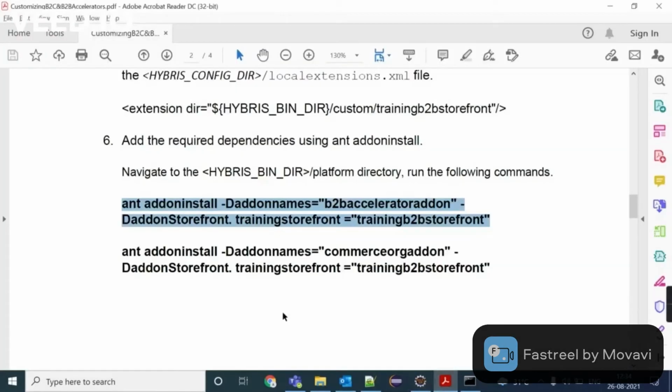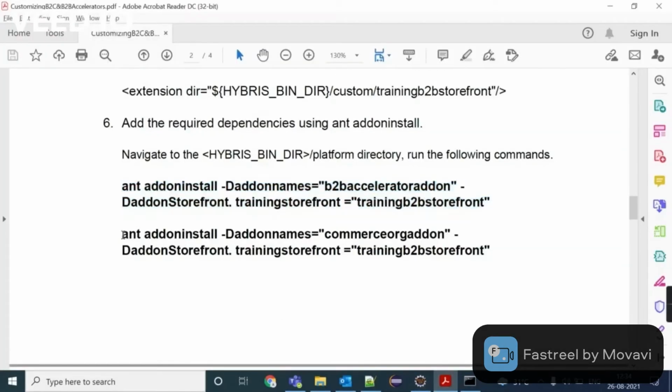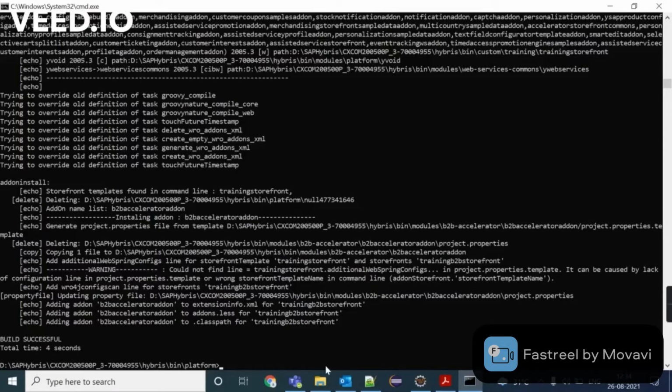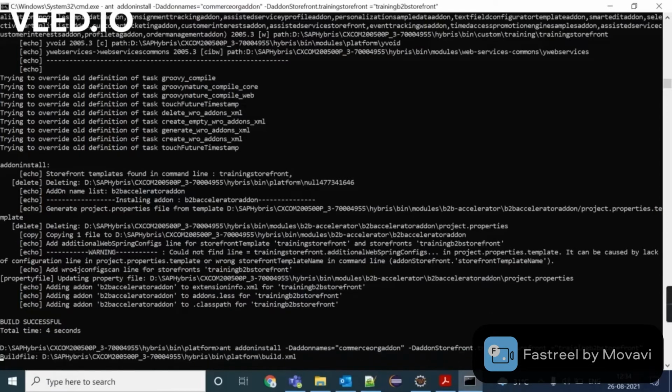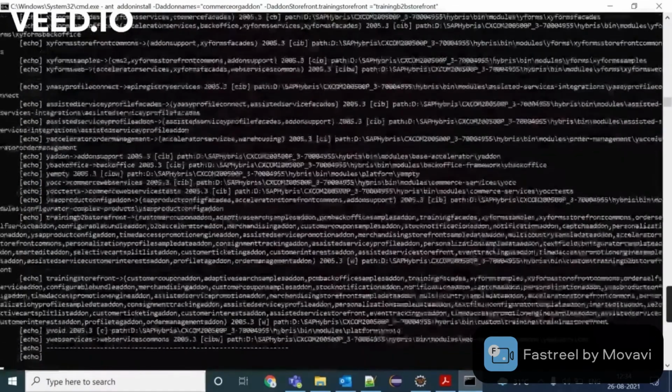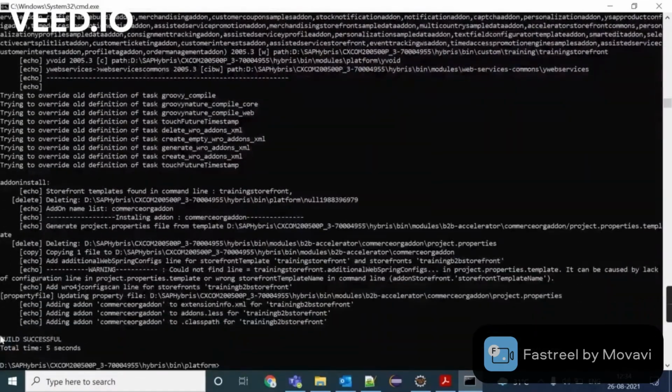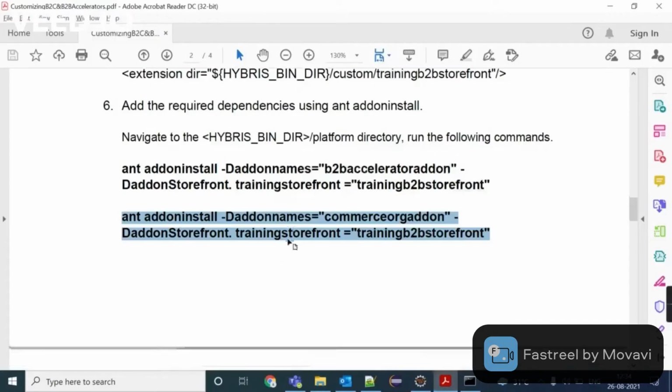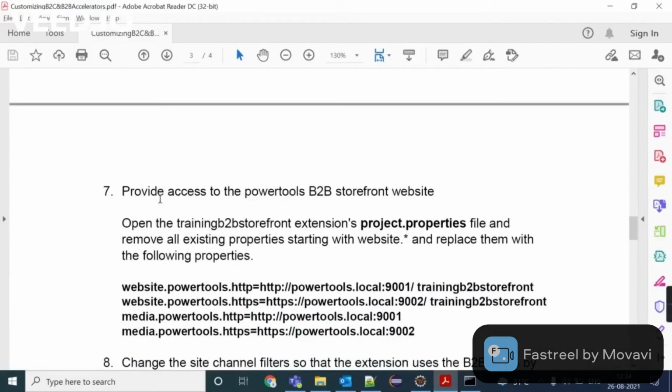Let's move to next step. Okay, next we need to install Commerce Org add-on on training B2B storefront. Paste it. Here remove space. Run it. Okay, build is successful. Let's move to the next step.